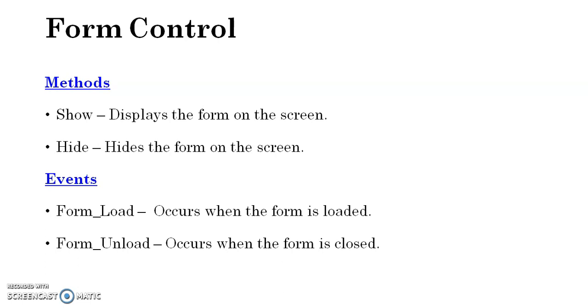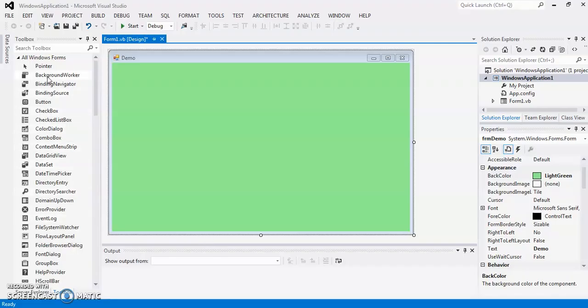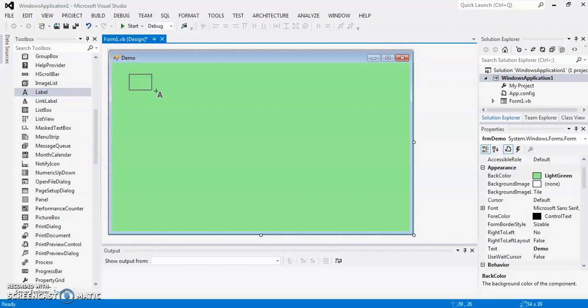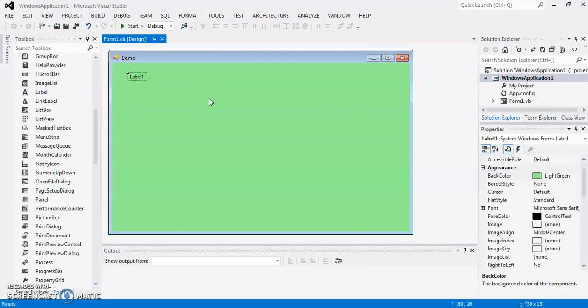The next common control is the label control. So let's see how it works. As you can see, there is this toolbox. So I am going for the label. This one is the label. You can click on this and your pointer changes its shape, then you can click and drag to draw the label on the form. Now the label is used to display any text on the screen. You cannot use it to take user input during the program execution.